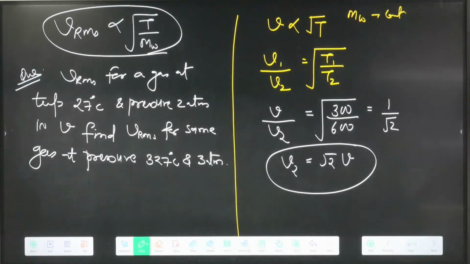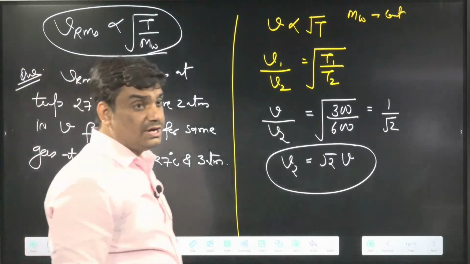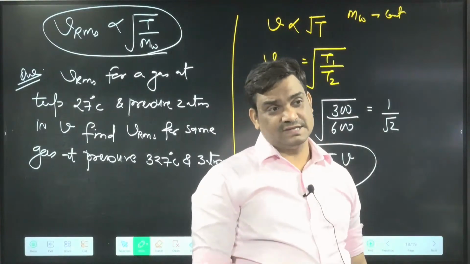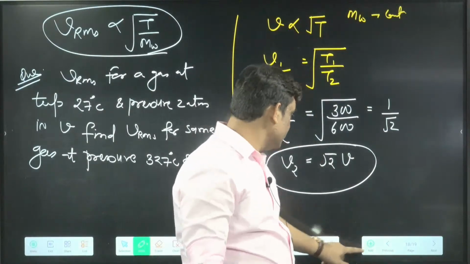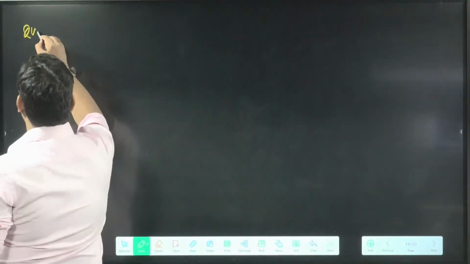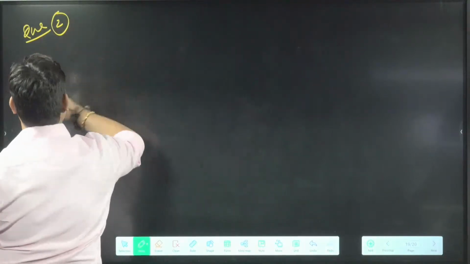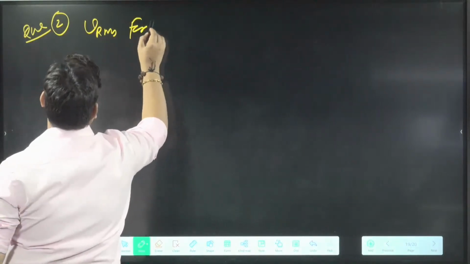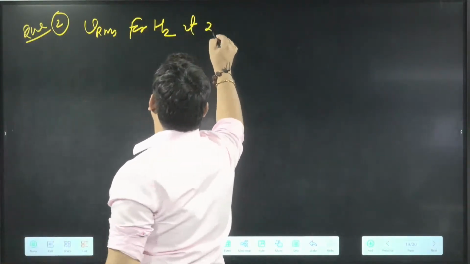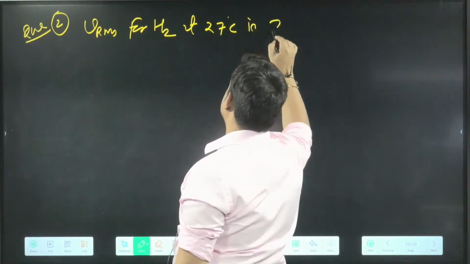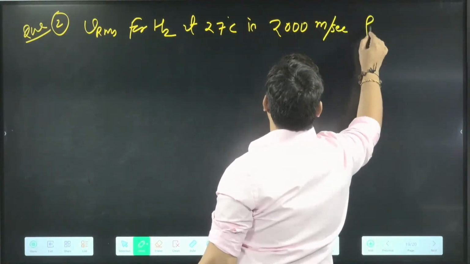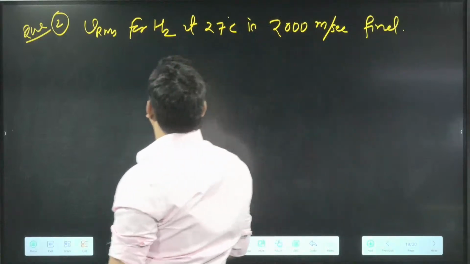VRMS for hydrogen at 27 degrees Celsius. This is the next question, question number 2. 3, 4 questions we will write, then VRMS will be over. VRMS for hydrogen at 27 degrees Celsius is 2000 meter per second. Find